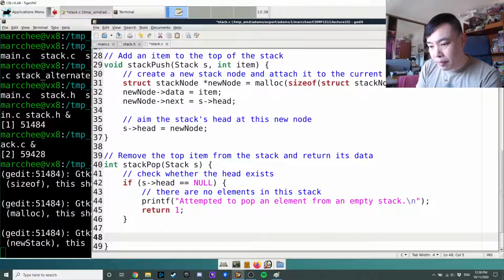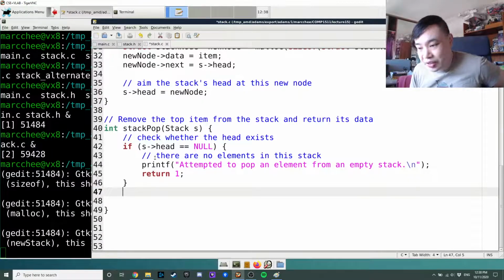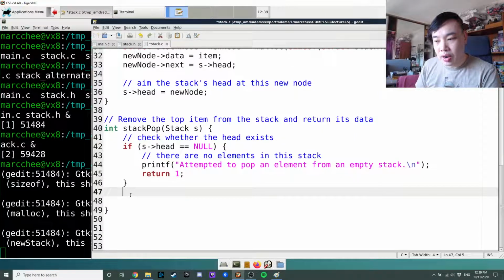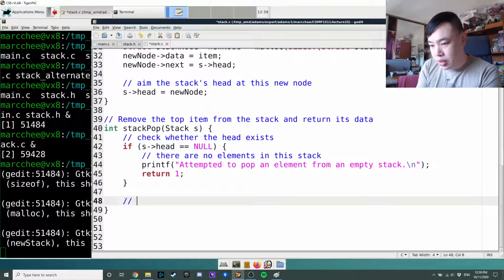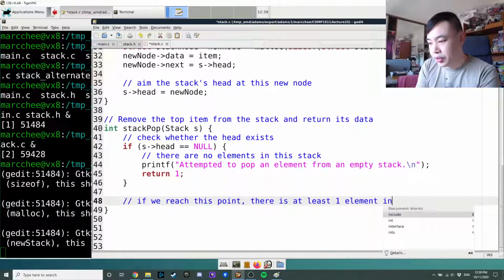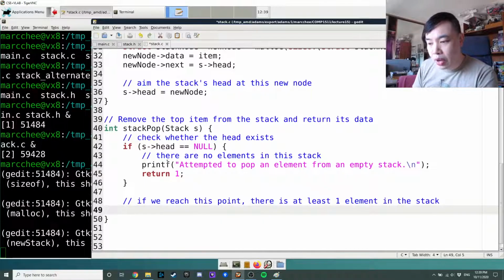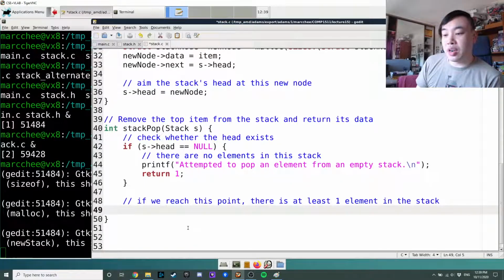I'm going to treat the rest of this code as an else statement without even writing the else statement, because I know that if this is true, this whole thing ends. So I'm just going to continue. And I could say, if we reach this point, there is at least 1 element in the stack. Okay, so if there is an element in the stack, I can think about